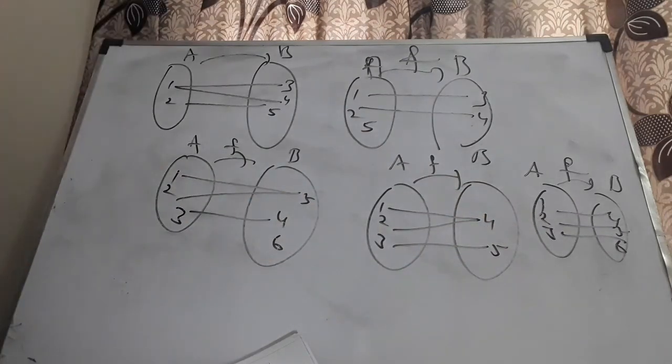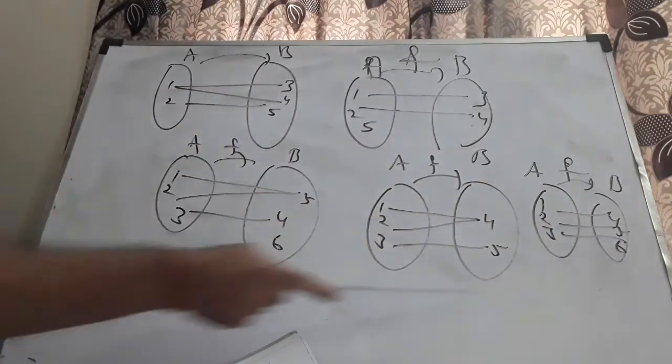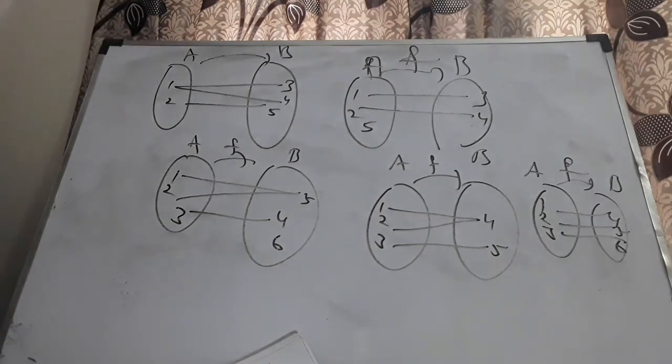And the second activity is nothing but you'll be given some diagrams and you'll be expected to find out whether they form a function or not. At the same time, if it is a function, you should check whether it is one to one or onto, etc. If it is one to one, write one to one. If it is many to one, write many to one. If it is into, write into. If it is onto, write onto.